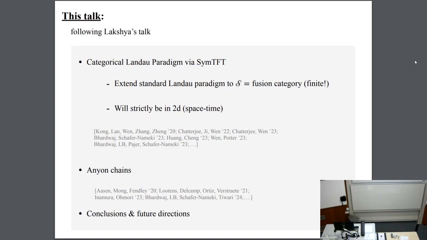Do you have to specify braiding relations? No, because I'm in 2 dimensions, so it's not like an MTC where you have braiding, etc. This is 2 dimensions, it's a vanilla fusion category. Essentially, you need to specify a set of line operators. Those are your symmetry generators, and I will consider fusion categories that have only a finite number of those. Then you specify the quantum dimension, the fusion, and the F symbols, namely the anomaly, and this is basically all the data that enters in this definition of S.